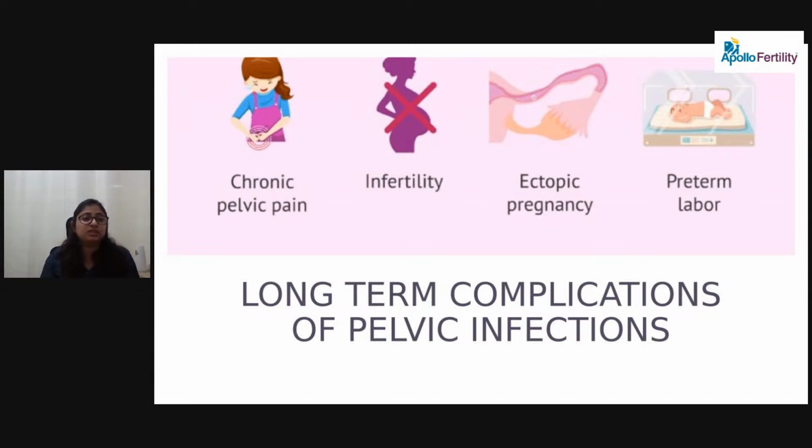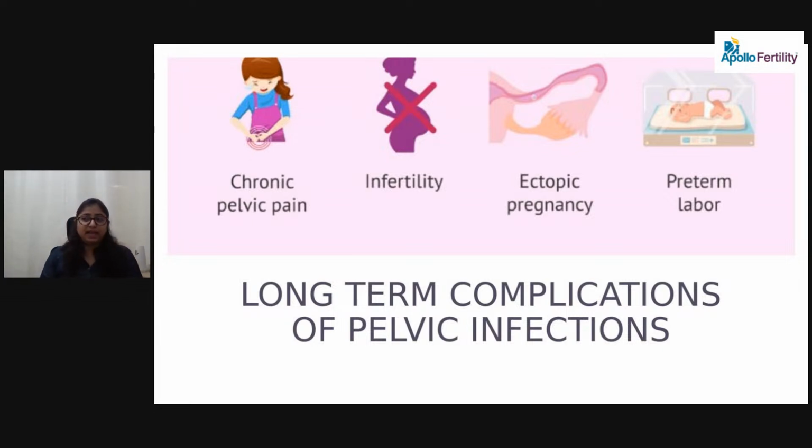We might need to hospitalize you, drain that abscess, and start antibiotics, which have to be given in the injectable form. This way the abscess has to be treated. If the infection spreads to the whole body, that is called sepsis. In that condition, the treatment will be to give you injectable antibiotics, and many times the woman may need admission in the ICU. But if it is at the very early stage, simple antibiotics and simple hygiene methods can treat the pelvic infections.